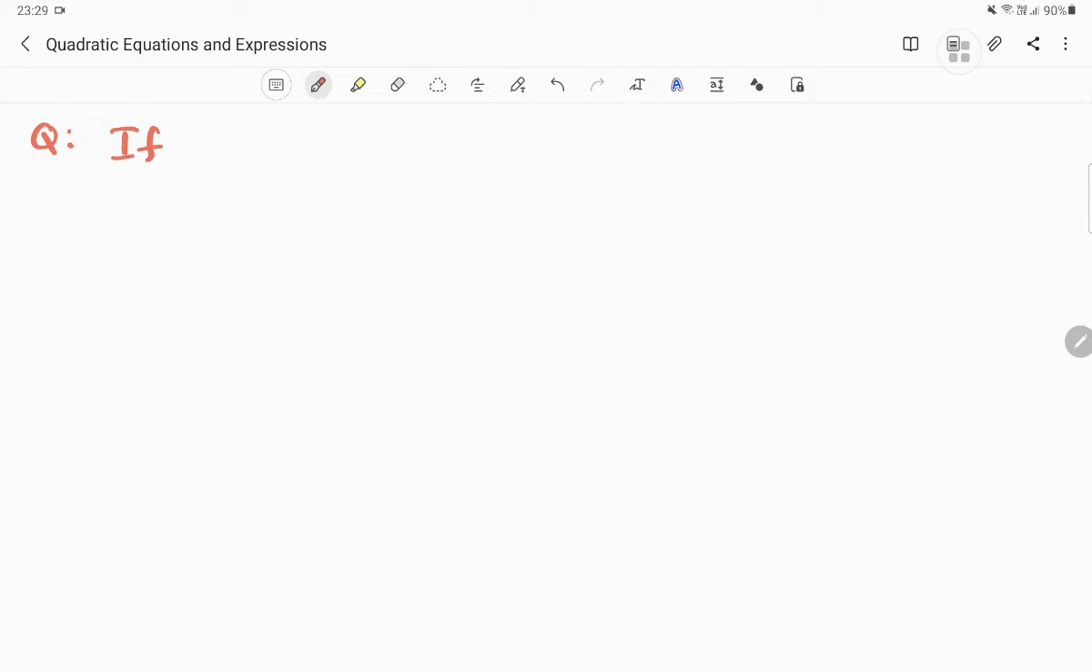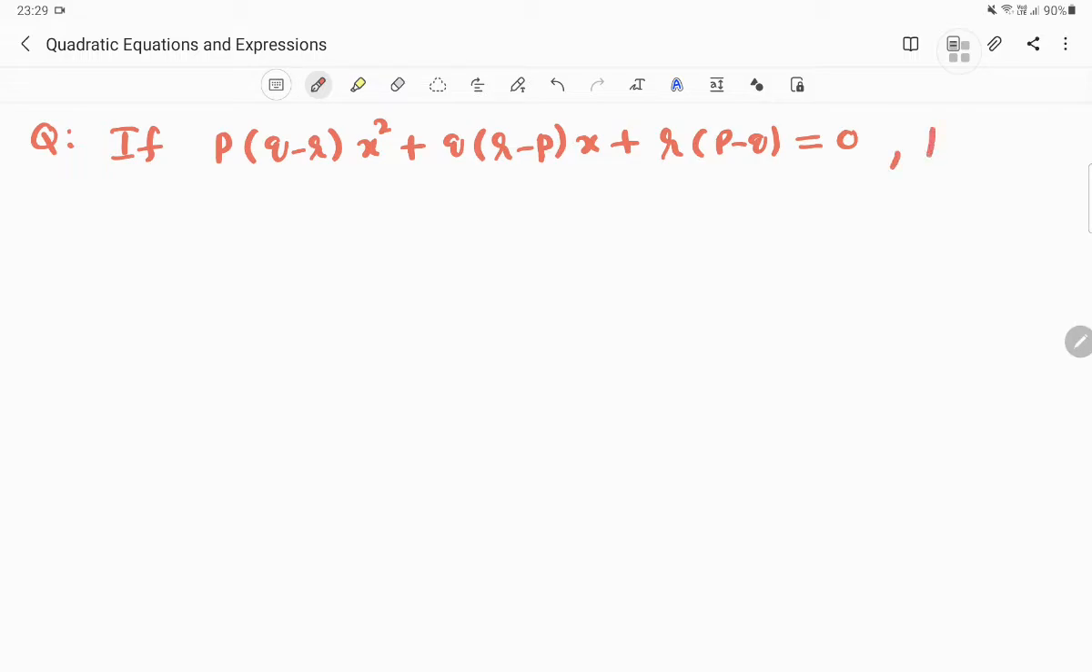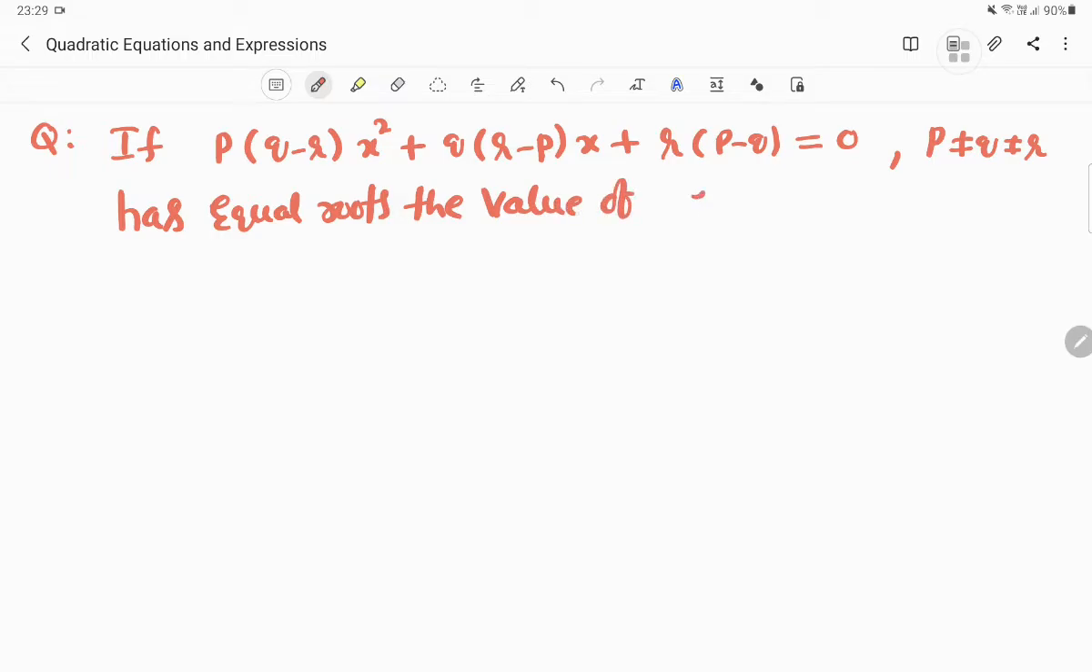If p into (q minus r) x square plus q into (r minus p) x plus r into (p minus q) is equal to 0, and the condition applied is p is not equal to q is not equal to r, has equal roots, the value of 2 by q in terms of p and r is